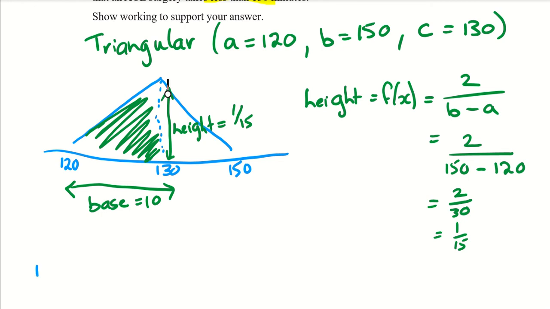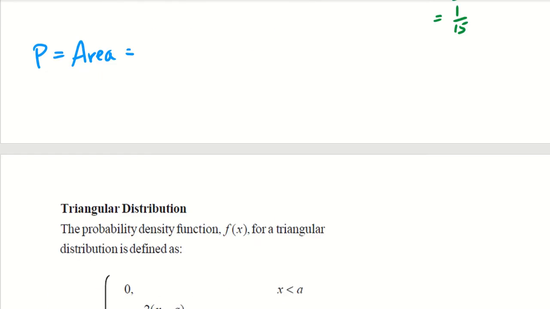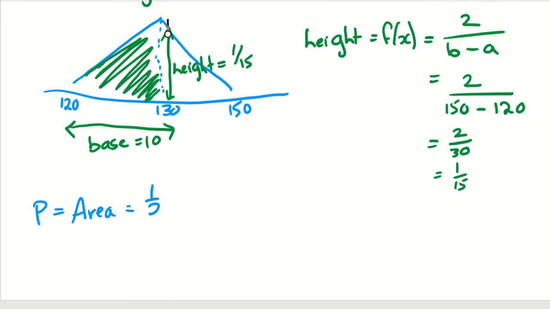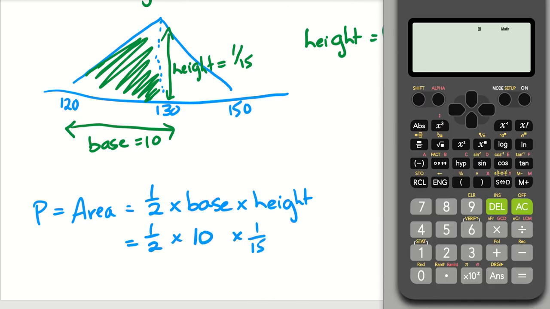Remember, the probability is the same as the area, and the formula for the area of a triangle, which is on your formula sheet if you need it, is half the base times the height. So we can say area is half times the base times the height. And we have a base of 10 and a height of 1 over 15. So I'm just going to grab my calculator and go a half times 10 times 1 over 15,